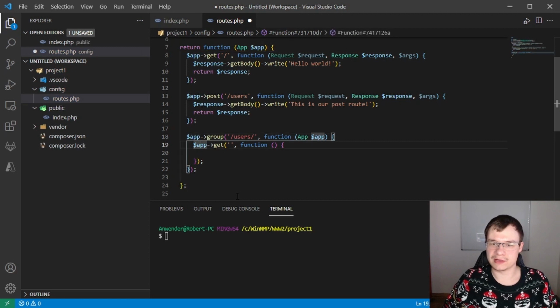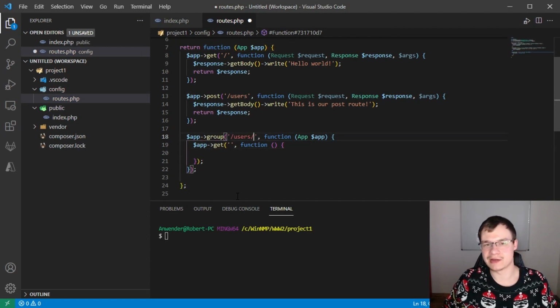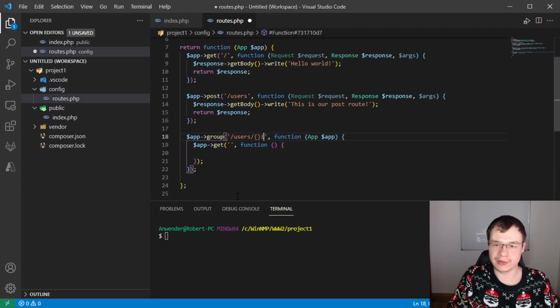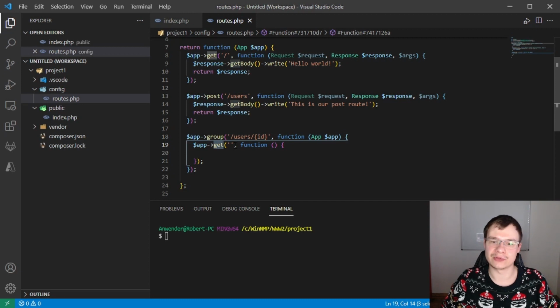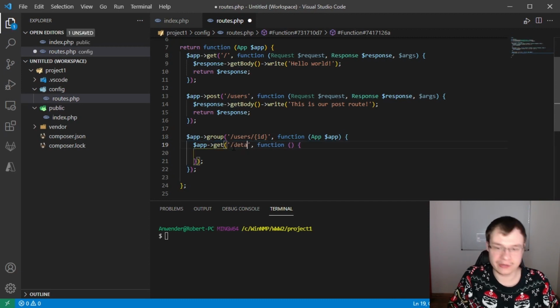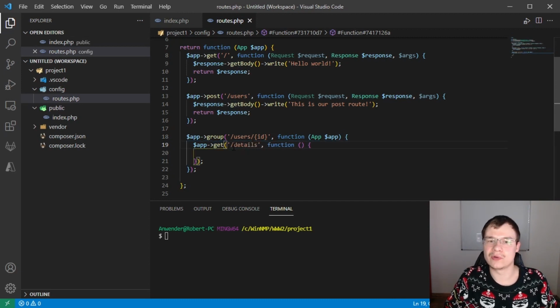In this style we now have a subroute of users, but right now it wouldn't make much sense, so we're going to specify an argument. So if we call users/5 for example, then this would get mapped to this new get route. We could for example say over here /details, so get the details for user 5, but this isn't really necessary